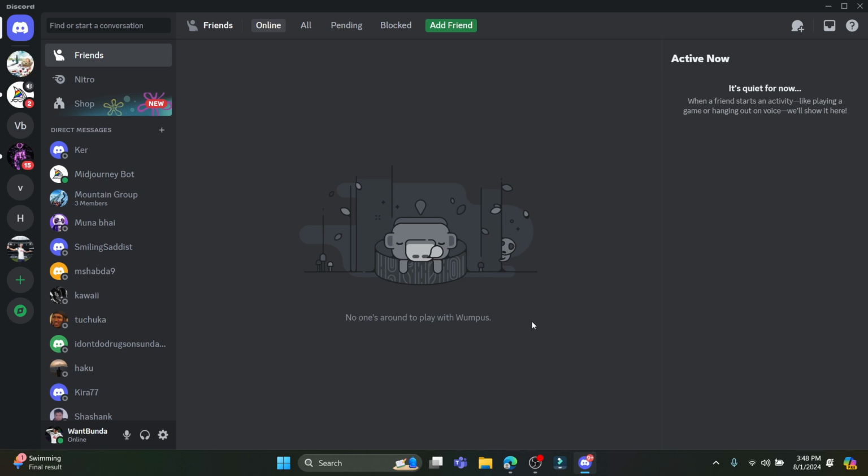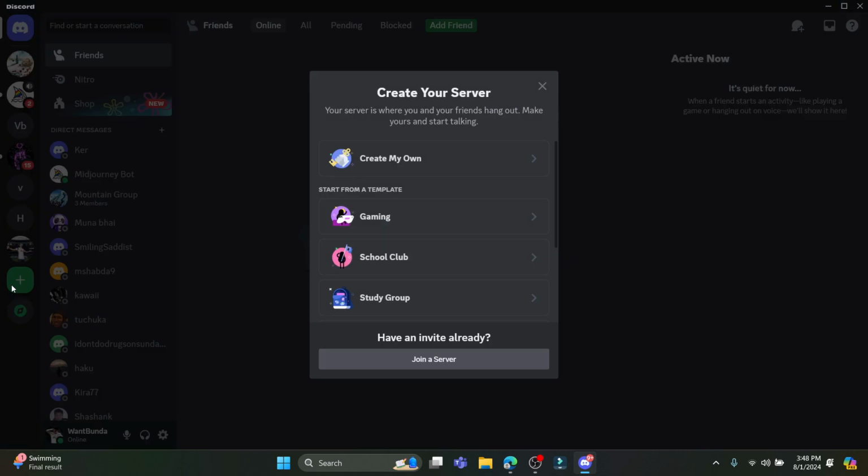Now, if you don't have an account, you will need to create one. It's quick and easy. You can just go ahead and create your account and log into your account. After that, you will be prompted to this screen over here. If you click on this plus icon over here, you'll be prompted to either create a server or join an